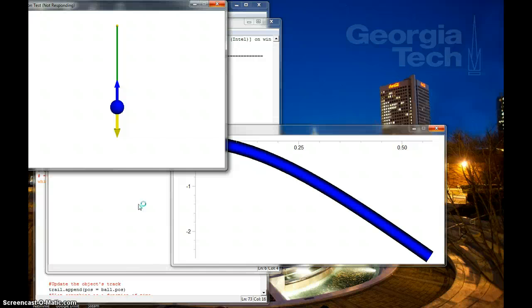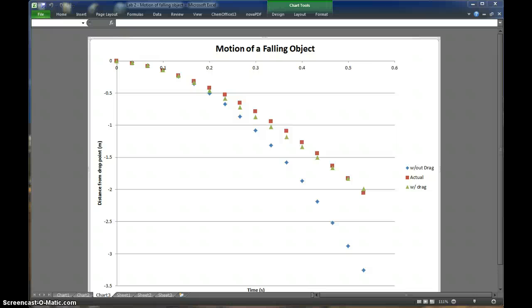Now in this model, the yellow arrow also represents the force of gravity, but this also has a blue arrow that denotes the force due to drag. And so you can see at the end here, those arrows are roughly equivalent, which means that the ball might have reached terminal velocity. So here's a graph with all of the data from the observed system and both computational models together